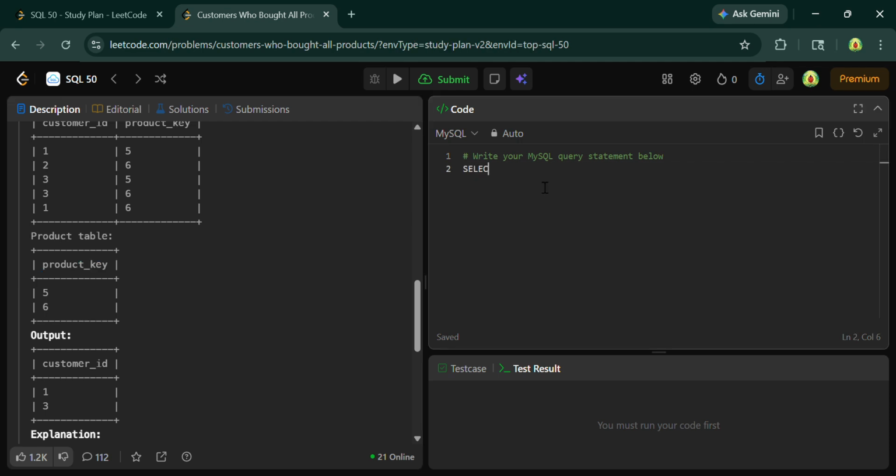Okay, so you just have to write the code here. First you have to do select customer ID from customer, and then you just have to do group by customer ID having count distinct product key should be equal to